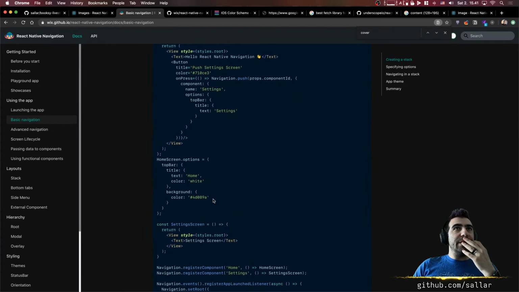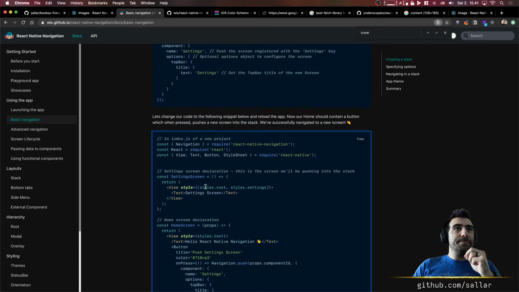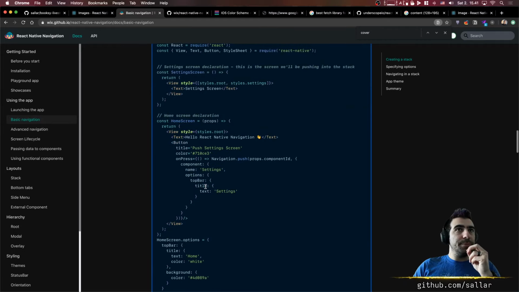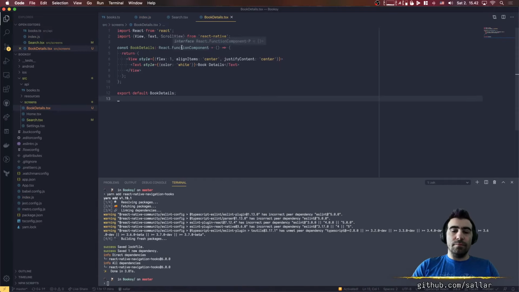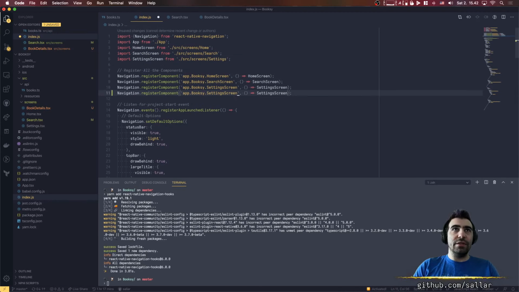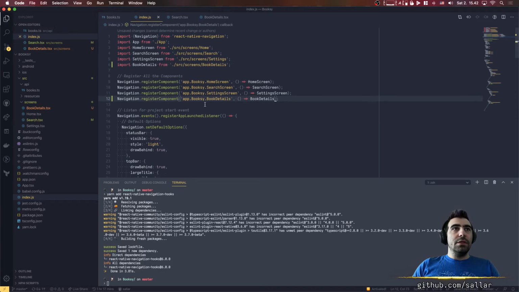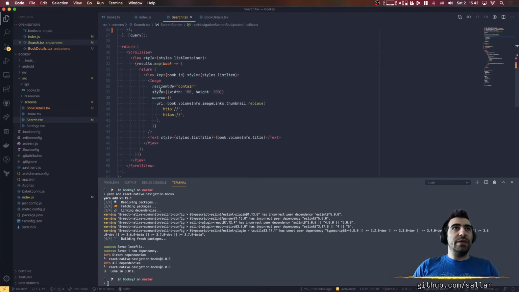So what we want to do here is this navigation.push. Something like this. But we have to first obviously register this. We can make this much nicer. And then in the search screen, what we can do is